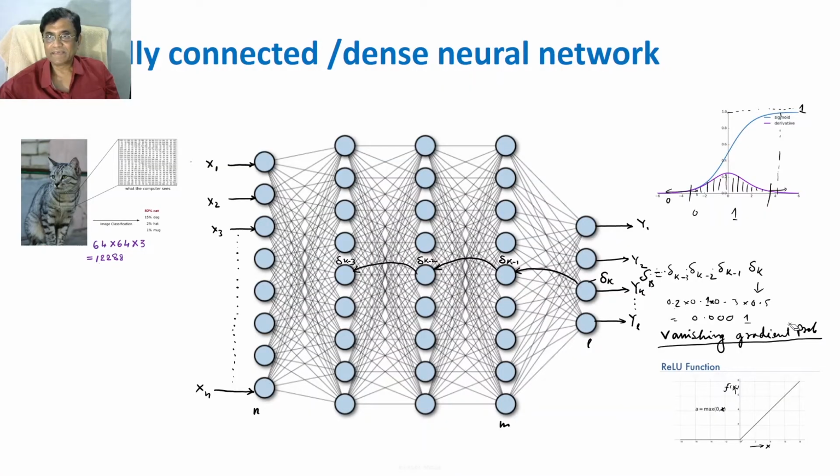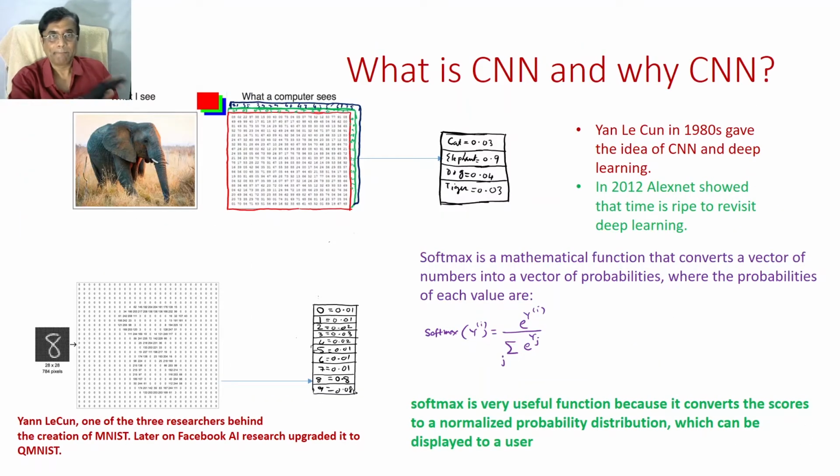With the introduction of the convolutional neural network, these problems were mitigated. The idea that a convolutional neural network can solve such recognition problems, which the fully connected neural network had, was proposed in the 1980s by Yann LeCun, and